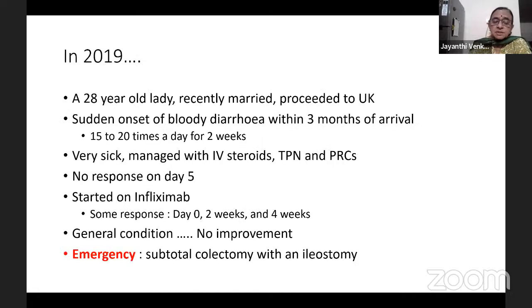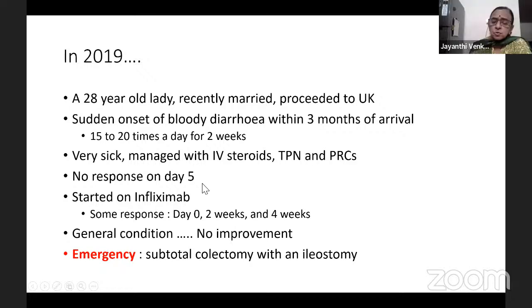To take a second situation, this is a 28-year-old lady who reached the UK soon after marriage and had a sudden onset of bloody diarrhea within 3 months of arrival. And this was almost 15 to 20 times a day, a very severe form of disease. She was very sick. She was managed initially with IV steroids, total parenteral nutrition, as well as